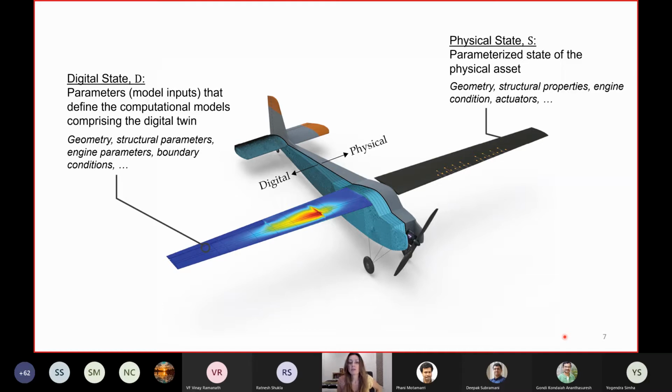So the digital state are going to be the parameters that define the computational models comprising our digital twin. And in a sense, the digital state is going to be our digital representation of the physical state. But again, I want to emphasize that the physical state is clearly very, very vast. And I think one of the first challenges we have to tackle is how do you define the digital state in a way that makes your digital twin fit for purpose, that it actually models the elements of the state